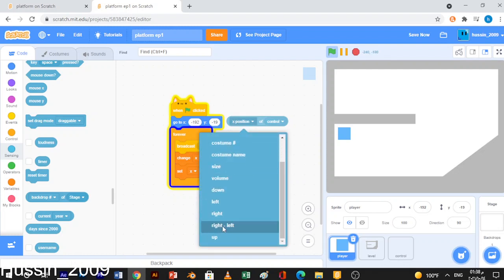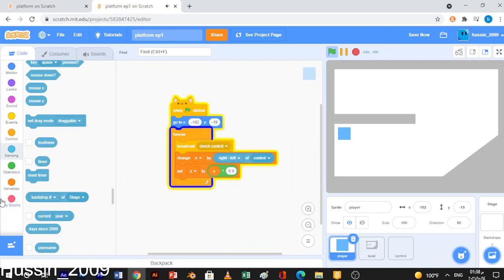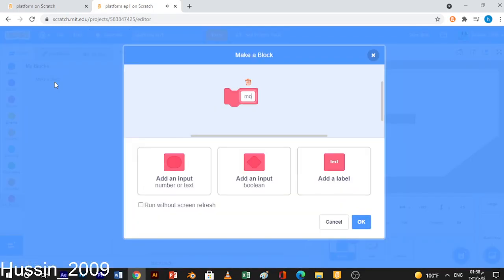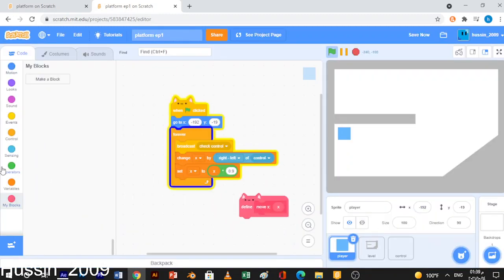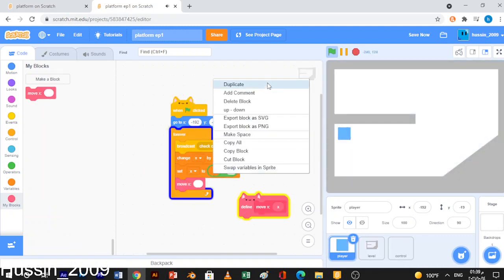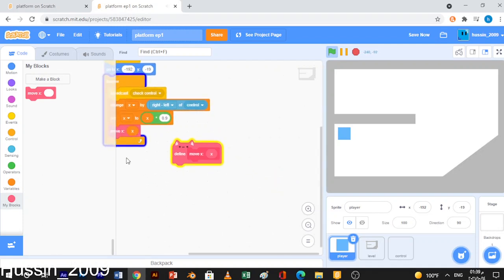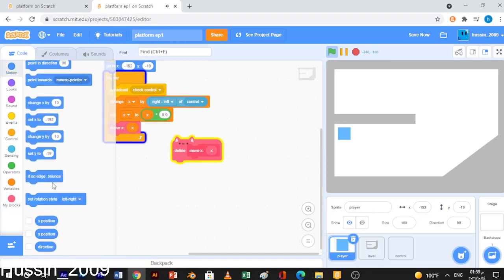Control left minus right. After that, move X, the custom block, then input X. And in this custom block, we will make the player move. Where is the block? Okay, then I'll put this over here and change x position by x. So now you can see